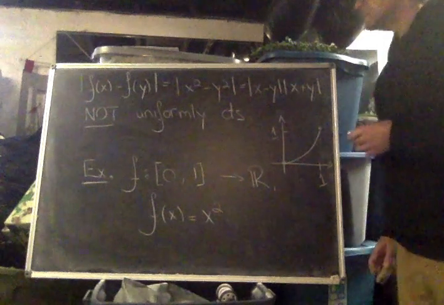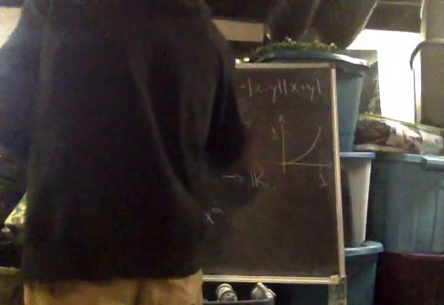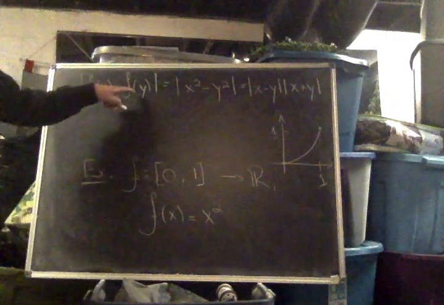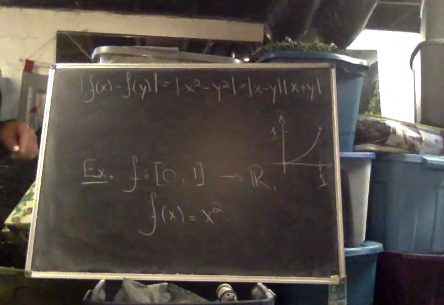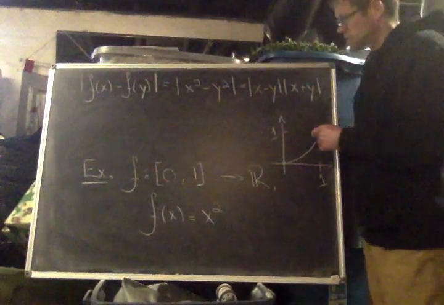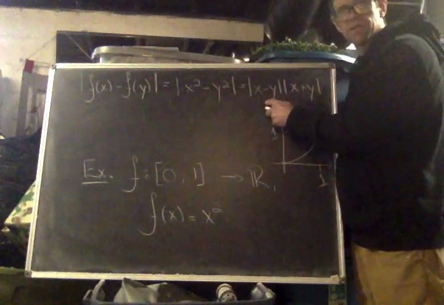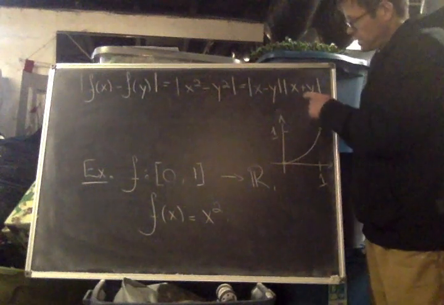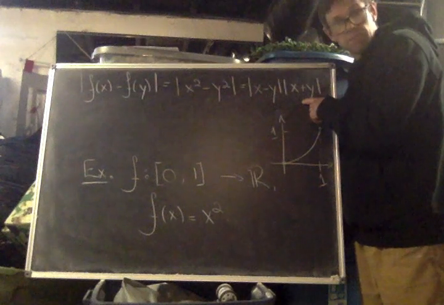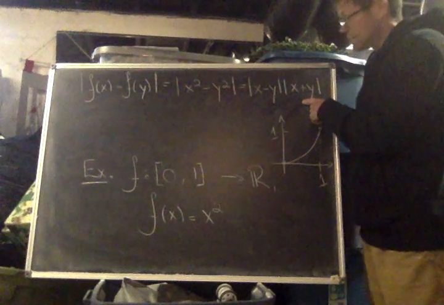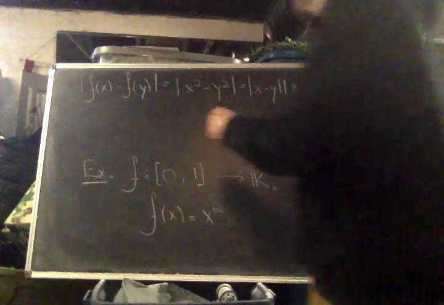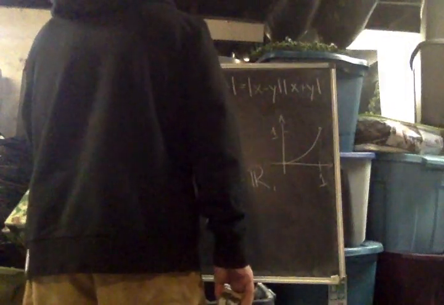And that's reflected in the fact that if you want f of x and f of y to be close together, well, this little string of equality shows you that, of course, this has to be relatively small. But this thing here, which was problematic before because it could be arbitrarily big, is now not a problem anymore, right? Because that thing there is now less than or equal to